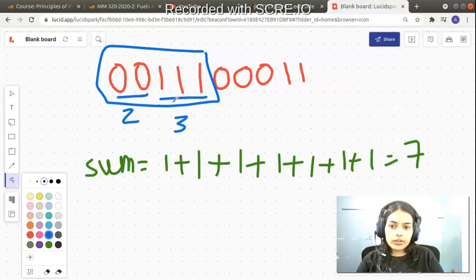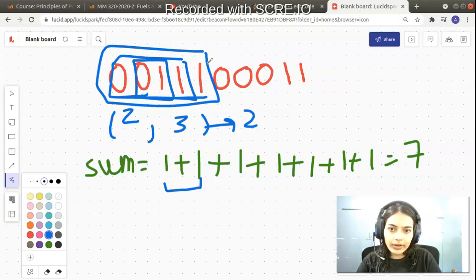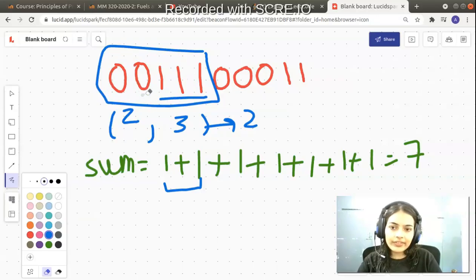Now we take the minimum of 2 and 3, which is 2. That corresponds to these two substrings. This one and this 0 will form one substring, and this one and this 0 will form another substring, but this extra one will be useless. It is like if you have two shirts and three pants, you can only wear one shirt and one pant, so you can combine two shirts with two pants and one pant will be extra. It's a very bad analogy, but it's like that.